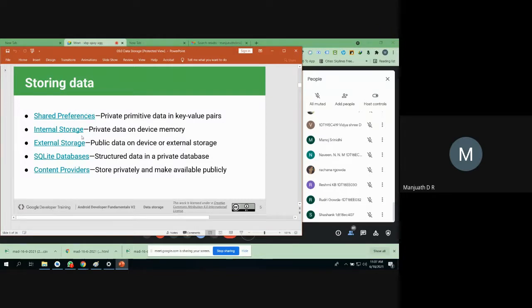And the next thing is you can store your private data, as already told, completely on the internal storage. That is, whatever the device memory that comes attached to your mobile phone, if you use that device memory and store the information there, then this is internal storage. Similarly, if you want to store the information in your memory card or USB, then it is external storage, and they also expose these databases.